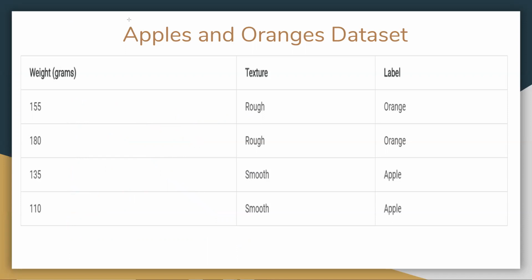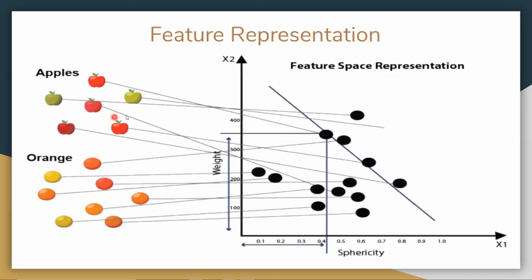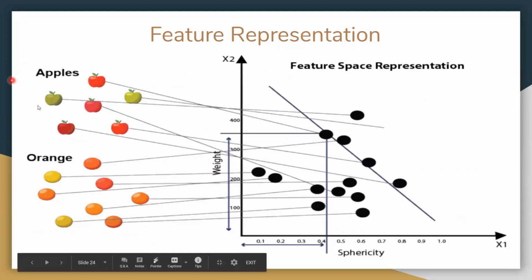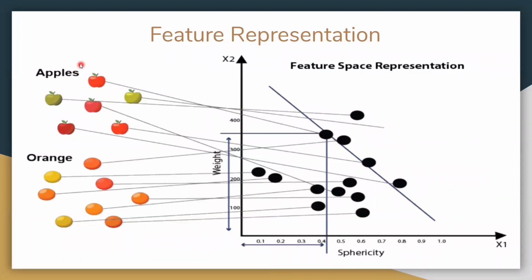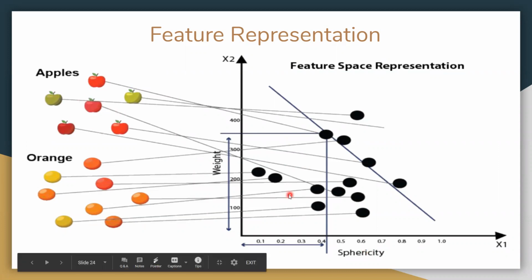So similarly, you have the other examples. Now, this is what we are looking at now. I am projecting the data, apples and oranges. So where apple goes, where orange goes, we are seeing here. So this is your apple. It is projected here, and this is another apple you projected here. We are not considering the color here. We are only considering the sphericity and weight. Okay. So based on that, you projected this data, and now you are going to classify this.